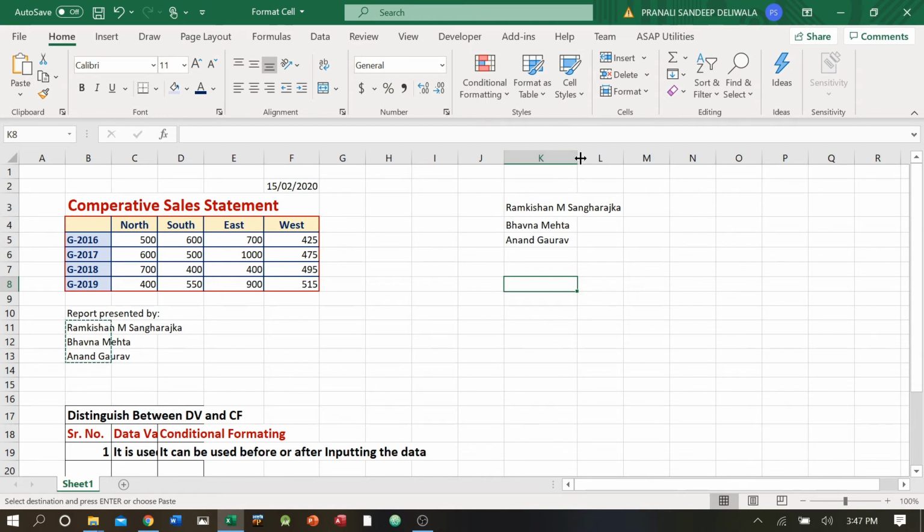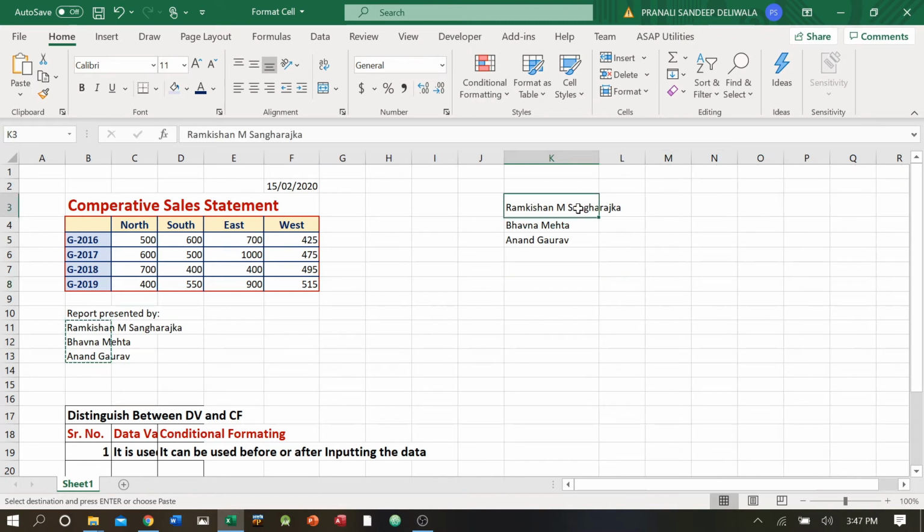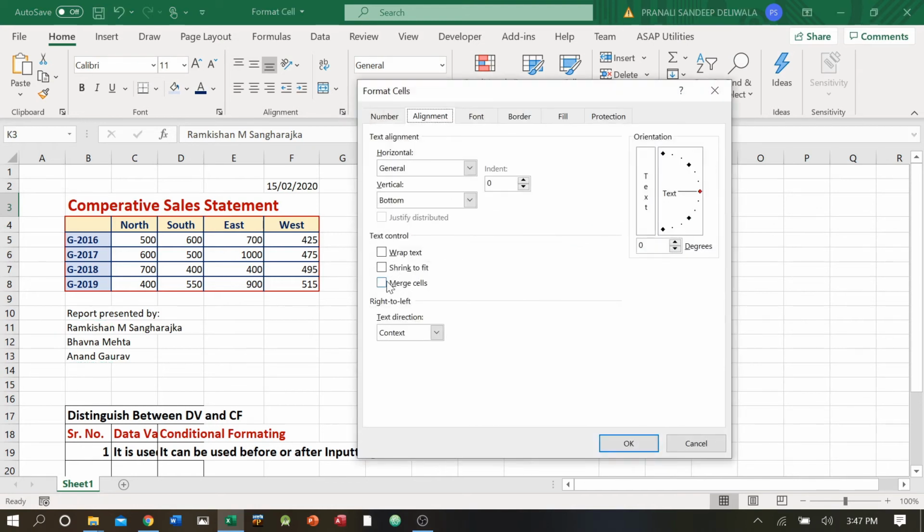But I cannot increase to this extent because I have other text which I need to cover in the single page. Then what should I do? I want even this cell's information to be kept under this area only. It should not drop into the second column. So I'll select this, go here, say shrink to fit, and say okay.